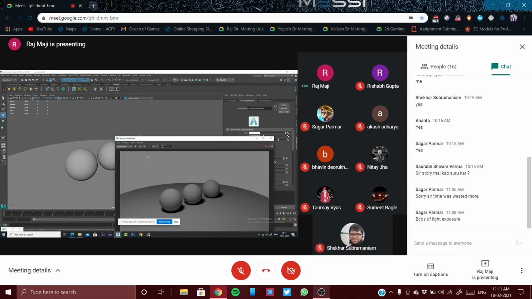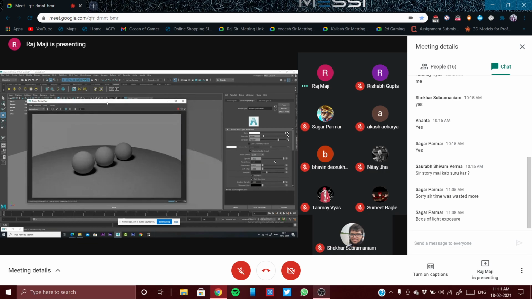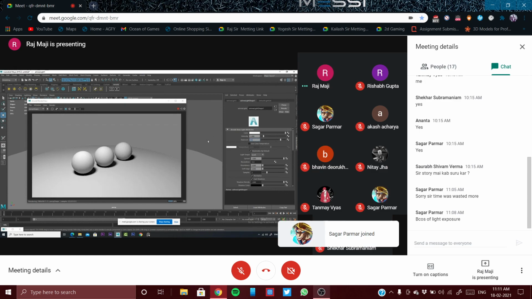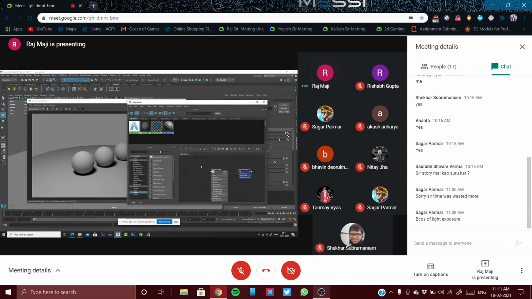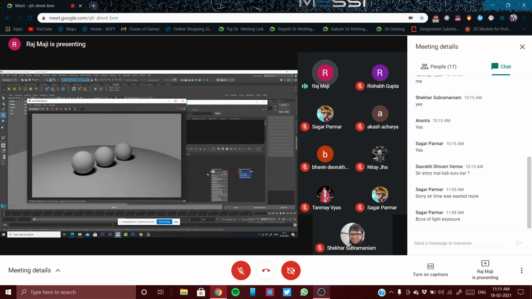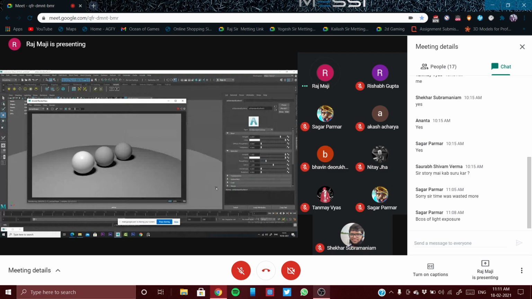Let us check. Okay, something like this. So now this is the first object, with AI Standard Surface assigned to it. Okay, and let's try to make this object look like plastic.